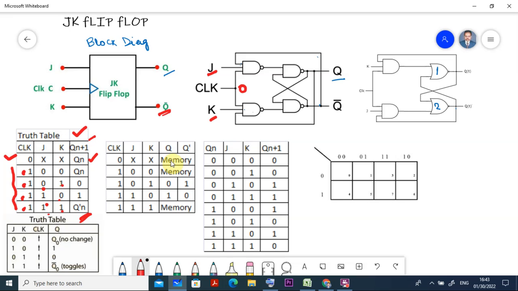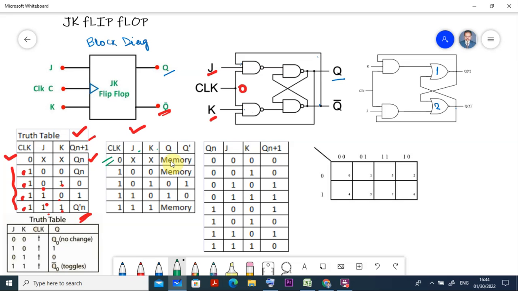Clear? Now, if you see the JK flip flop truth table here, in the second one, you find one is the clock, one is the J, one is the K, one is the Q, and another is the inverse of Q. First, I am changing the color here also. The first case I take is when the clock is equal to 0. When the clock is equal to 0, irrespective of the value you take at J and K, it is the memory. That means the previous state stays. You cannot change that one.